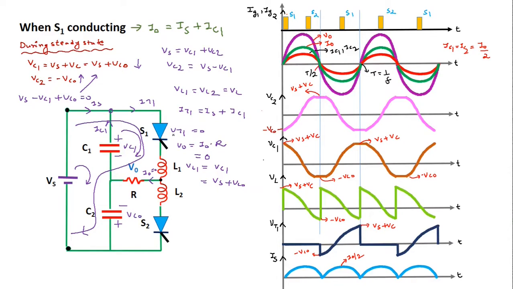And here when this S1 SCR goes into the on condition, this S2 SCR will be in the off condition and it will act as open circuit. So here the load current will be equal to the thyristor 1 current or SCR1 current IS plus IC1 here. So that means the source current will supply current to the load here.